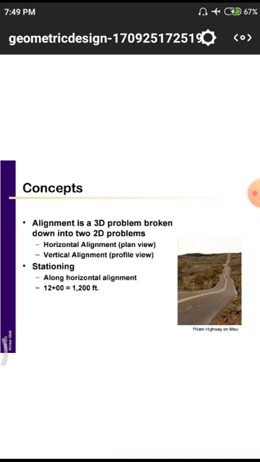So likewise we have to observe 3D philosophies, 2D philosophies. We need to know, in engineering drawing, we have faced those problems of what is 1D, what is 2D, what is 3D. Next one, stationing along horizontal alignment. We are having this value 1200 feet, which is equal to 12 plus 00. Likewise this is the one indication. Indication means normally in roads and other constructions we are indicating the lengths and other dimensions of a particular road.